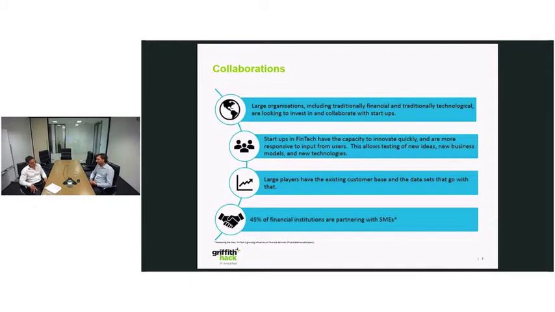But what they don't have is the access to the massive customer bases, the information about those customers that the big financial institutions have. And they don't have the resources to take the theory and really push it into becoming a large new product. So it's quite a good space for collaboration, but collaboration itself creates its own problems.